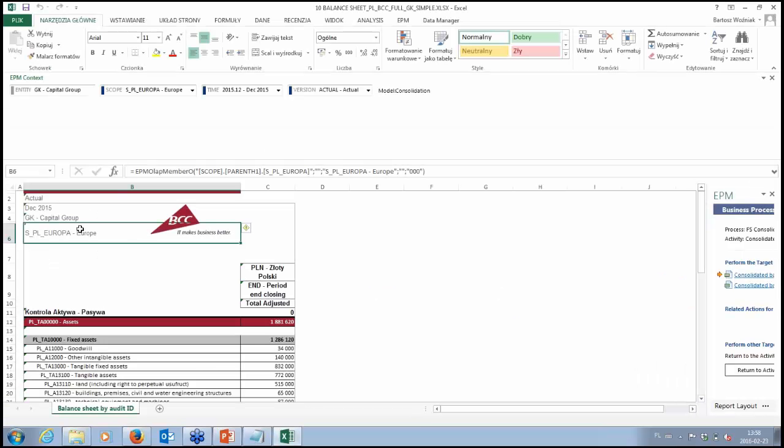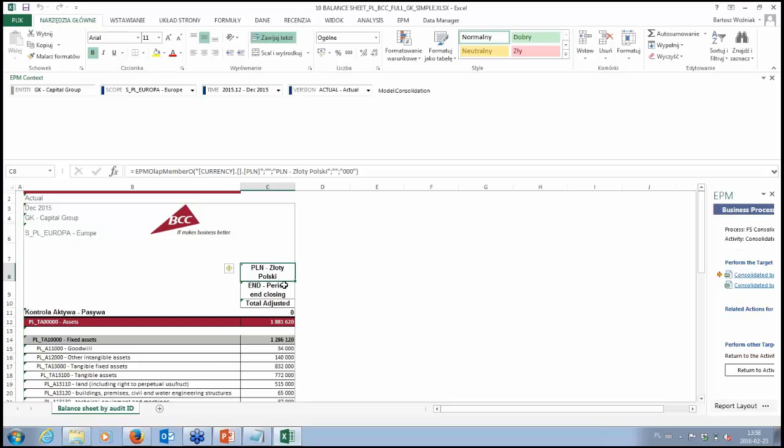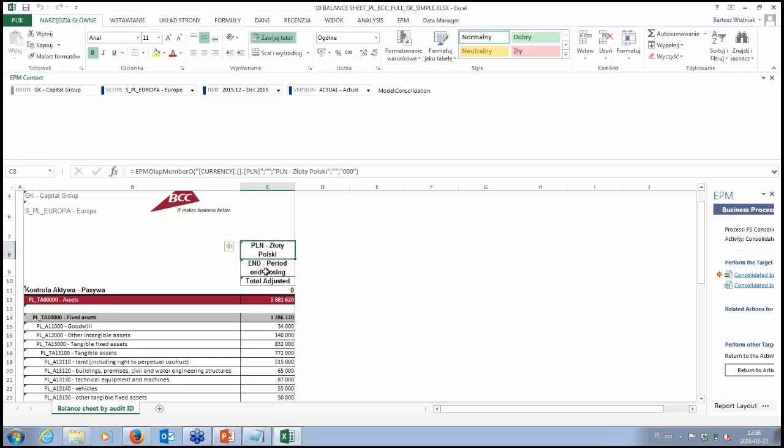And as you can see, this is a balance sheet presented for the capital group. This capital group is, in our case, named Europe, denominated in PLN, which is the capital group functional currency, and this is the closing balance of the audit trail dimension.